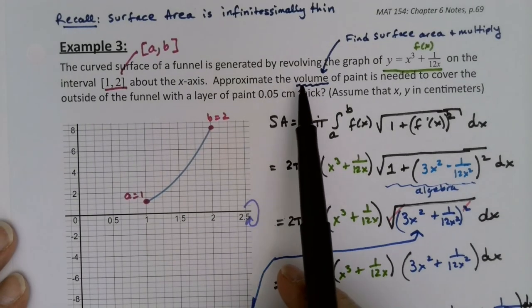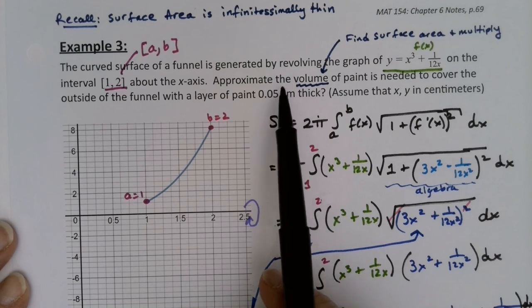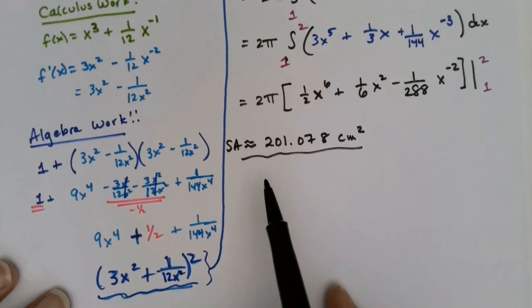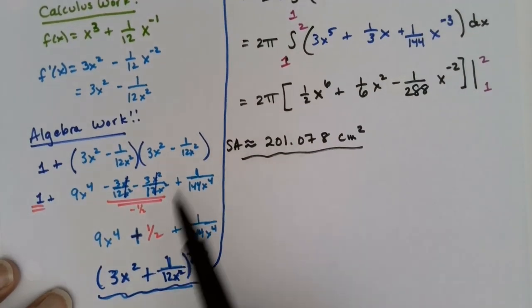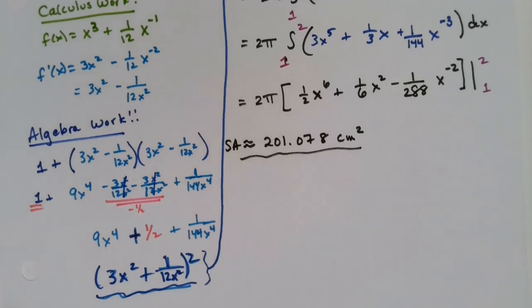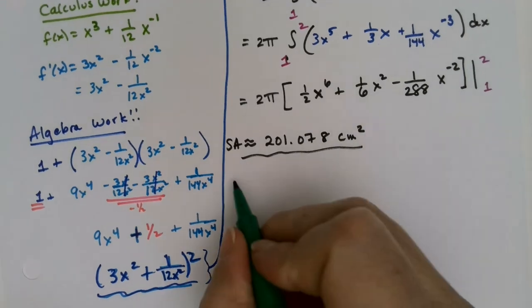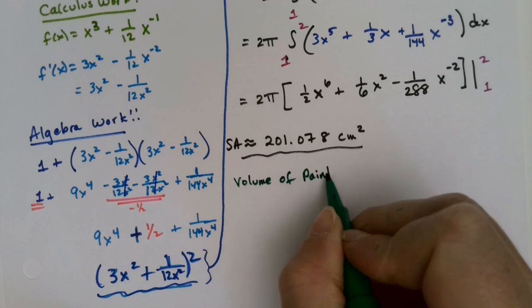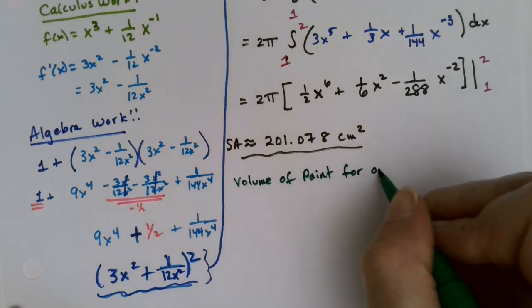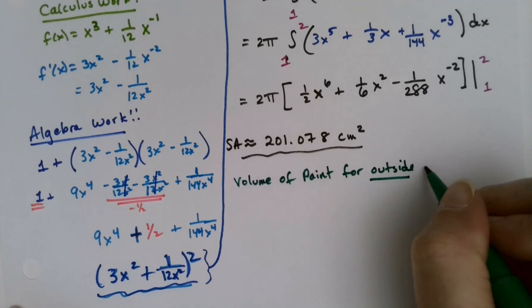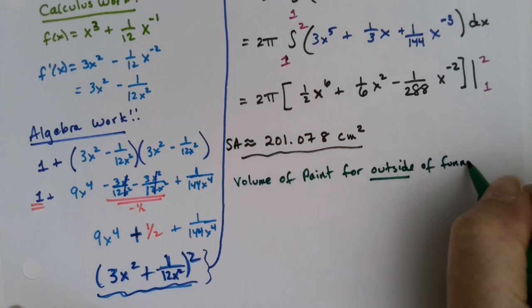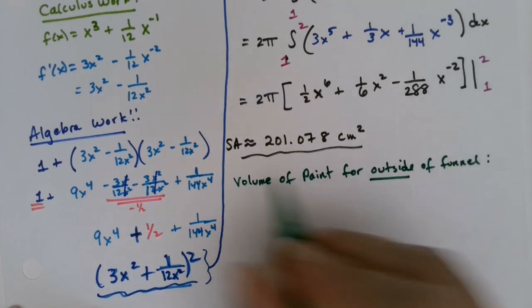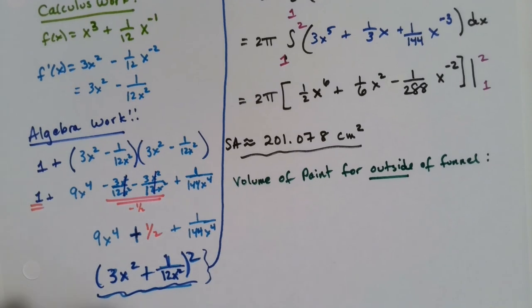Volume. So I'm going to take that surface area and I'm going to multiply it. Now I'm going to only do the outside of the funnel. So the volume of paint for the outside of the funnel will be found by taking the surface area and multiplying it by the thickness of the paint that you want. So you take